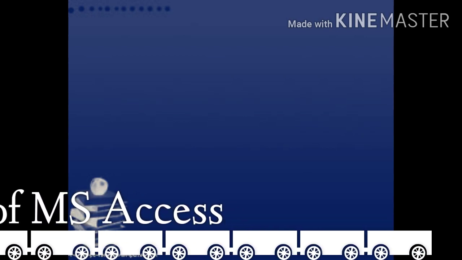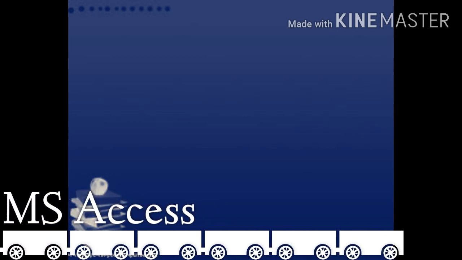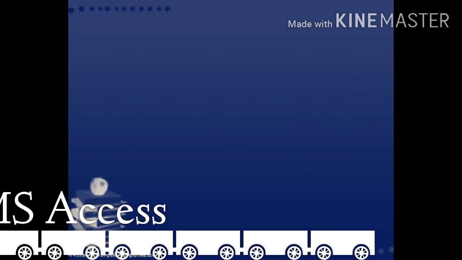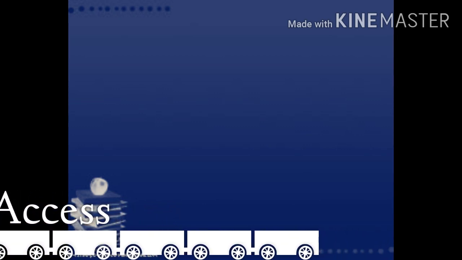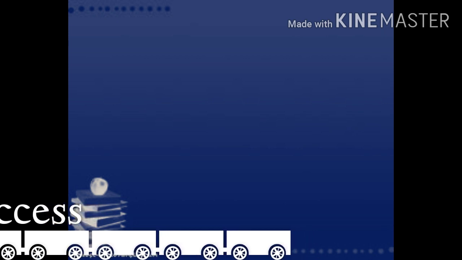Sixth one, Access provides the facility to create data forms so that the user can enter the records of a person one by one in the respective fields. It also reduces the data entry errors. Seventh one, queries help you to get information on a specific topic from the information stored in the database. There are so many features we have seen right now.